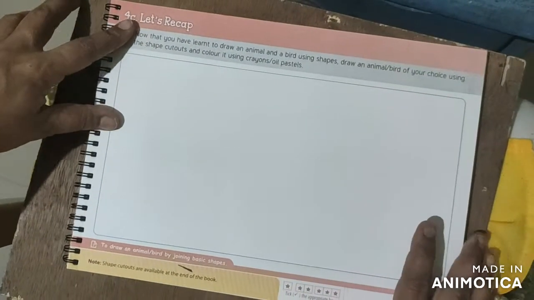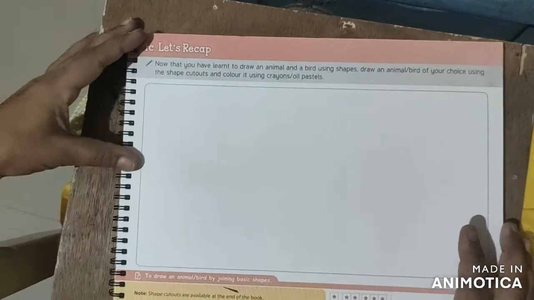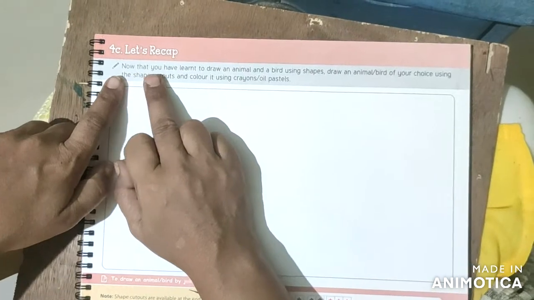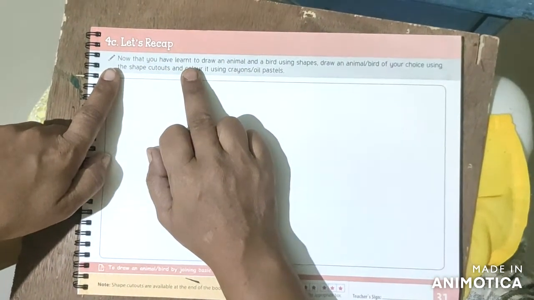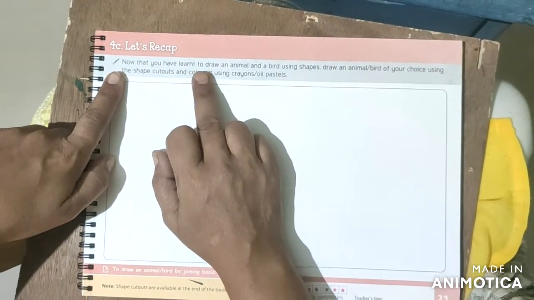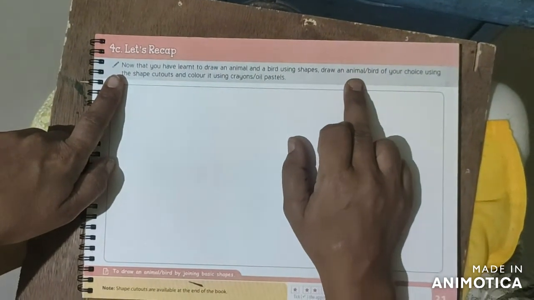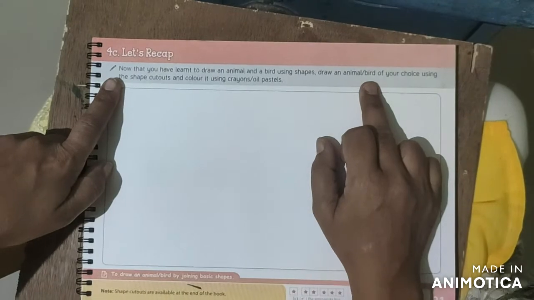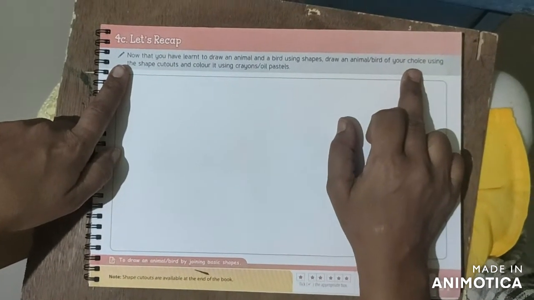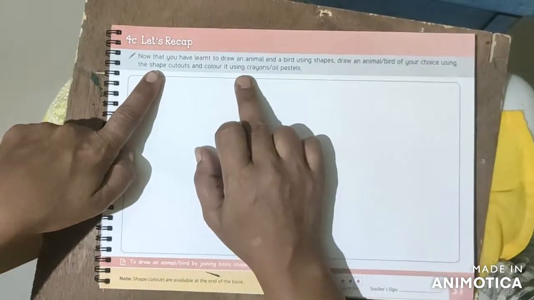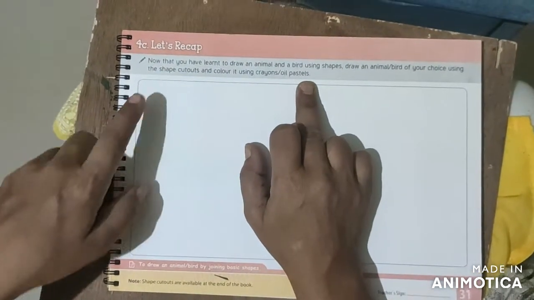So come to the next page. Here, 4C. Let's recap. Let's read the lines. Now that you have learned to draw an animal and a bird using shapes, draw an animal or bird of your choice using the shape cutouts and color it using crayons or oil pastels.